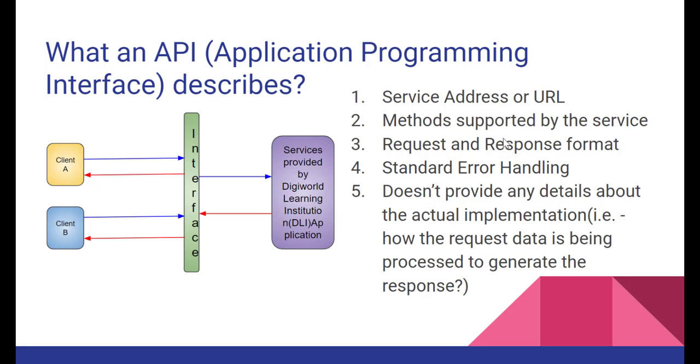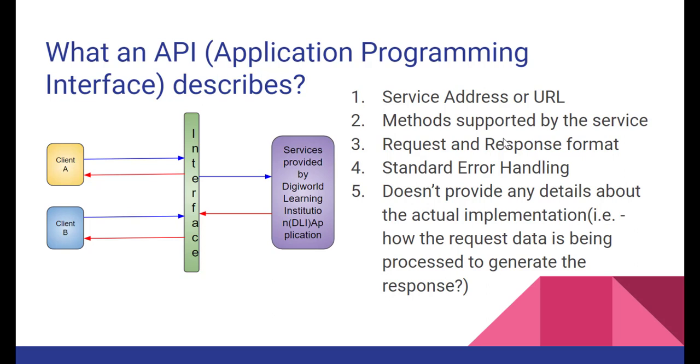And now the second point is methods supported by the services, right? So before telling about the methods, we need to identify what kind of service you are providing, right? So is it REST service or is it SOAP service, right? If this is the REST service, then there would be 5 kind of HTTP methods, which are get, post, put, patch and delete, right? In case of SOAP service, it would be up to you how you have defined your web service, right?